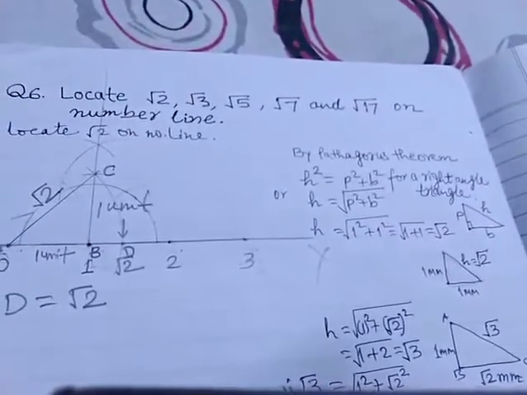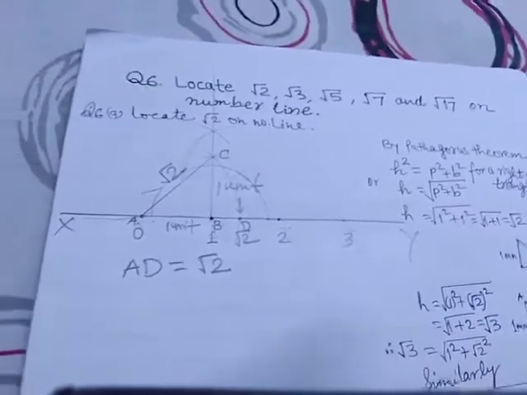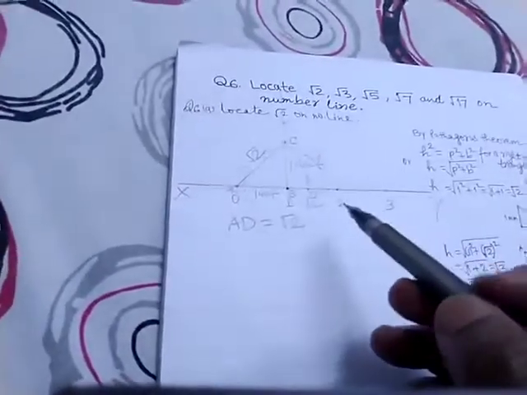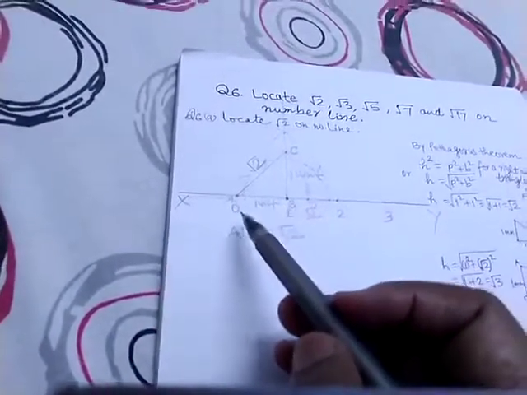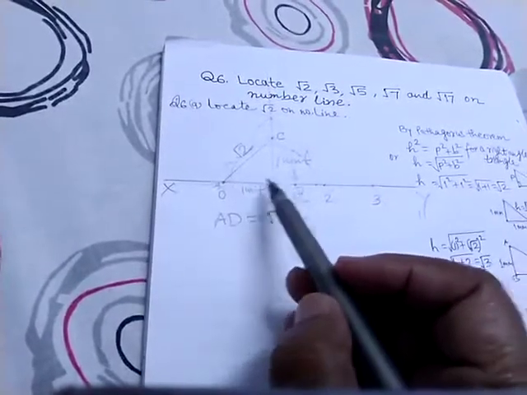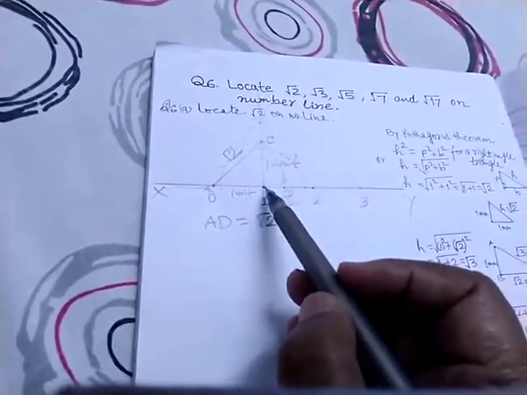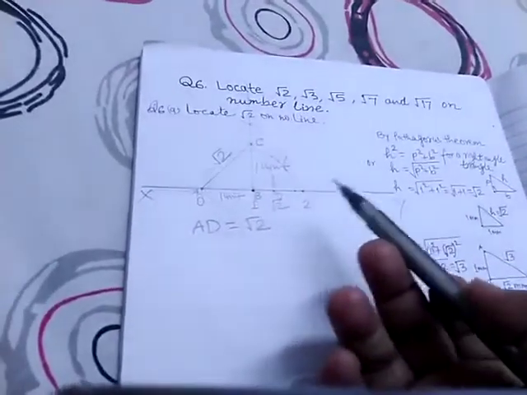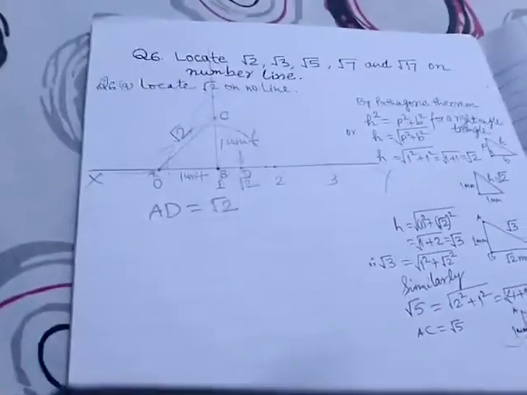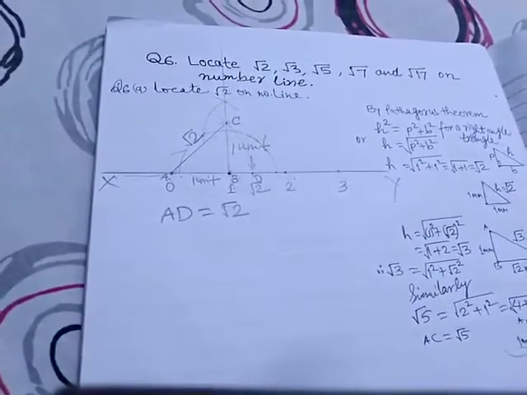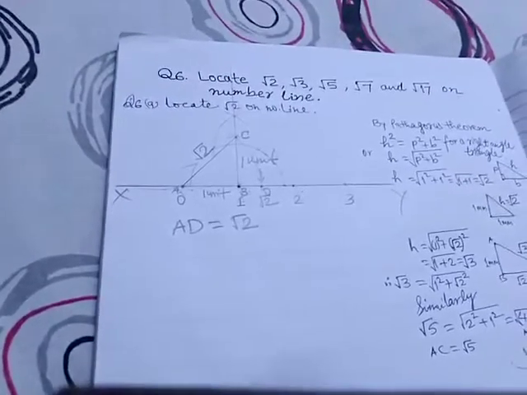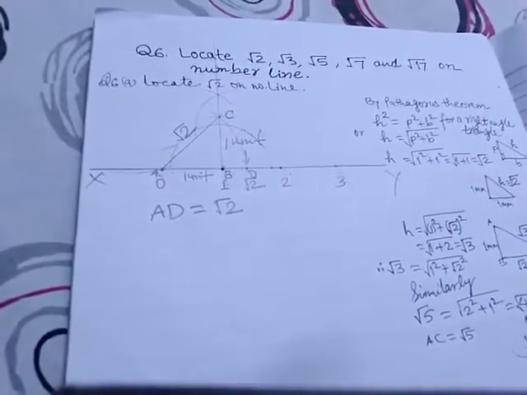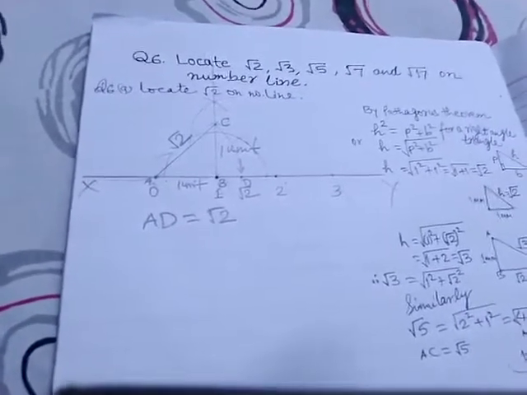So first of all, you know how to draw natural numbers or rational numbers. Suppose you can draw 1 by 2, so 1 by 2 will come between 0 and 1. Suppose here 3 by 2, between 1 and 2. But how will you draw root 2, root 3, root 5, etc.? So this is very difficult, to locate root 2, root 3, root 5, etc. But I will teach you, then you will easily understand.